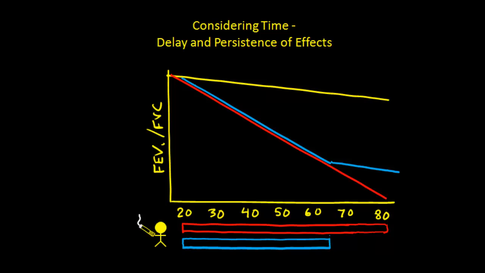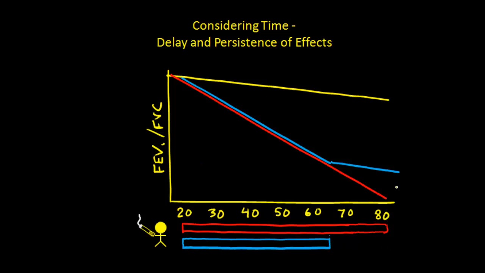So what we have here is a diagram of 3 people, and this is our concept of what an average person would look like under 3 different conditions. The yellow line is the condition if they were a non-smoker. The red line is a condition if they were a smoker from age 20 till 80. And the blue line is a condition if they were a smoker from age 20 till 65, and then they